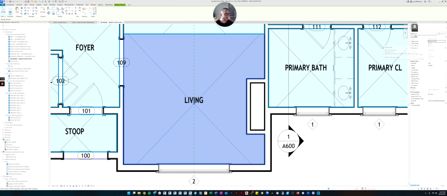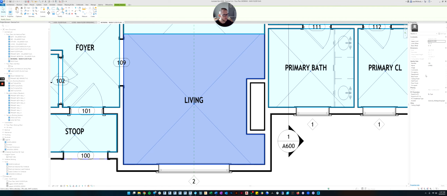If I look over here at the instance properties, I can see there's comments, there's the occupancy. We use that a lot in commercial. You don't need to use it for residential. Department's another thing we use. But you can see there's a base finish, a ceiling finish, a wall finish, a floor finish. So those are the parameters we're going to use in our schedule. Base finish, ceiling finish, wall finish, floor finish. And we can fill these in.